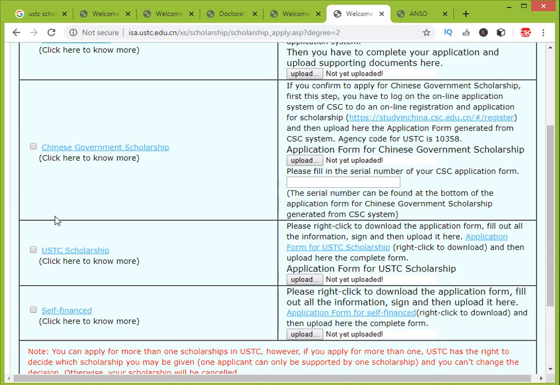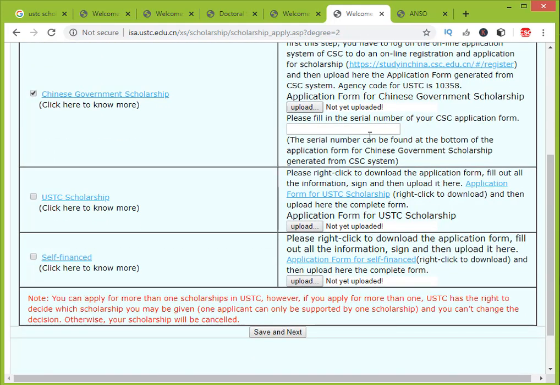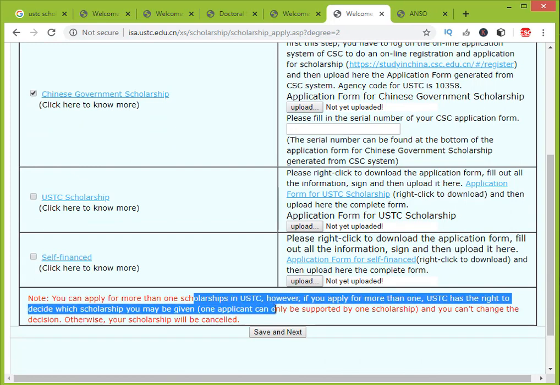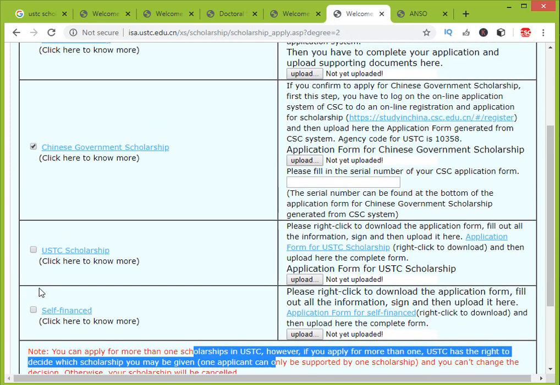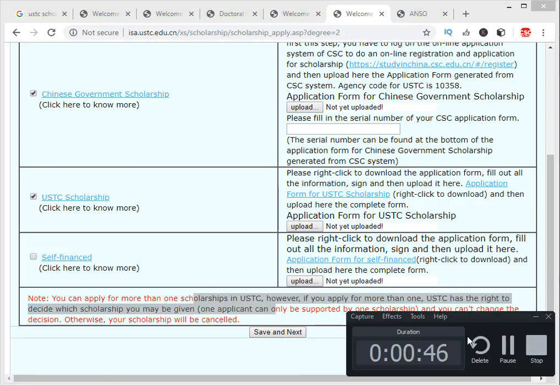If you are applying only for the Chinese government scholarship, then click Chinese, upload the form, type the serial number, and click next. But I advise you, since they also mention that you can apply for more than one scholarship, to apply for these two scholarships too. So this is the edge for you. So click on next, save and next.